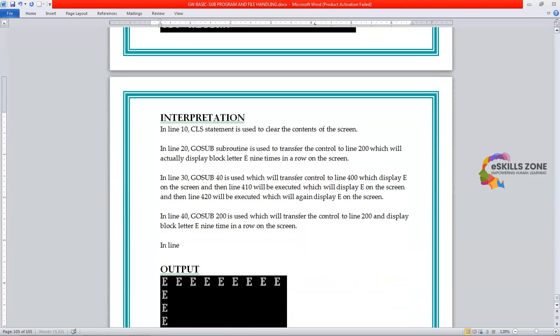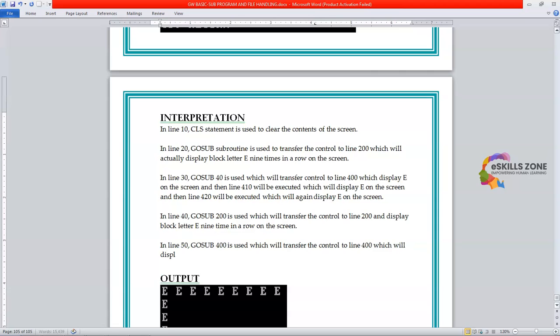So in line 50, GOSUB 400 is used, which will transfer the control to line 400, which will display block letter E on the screen one time,